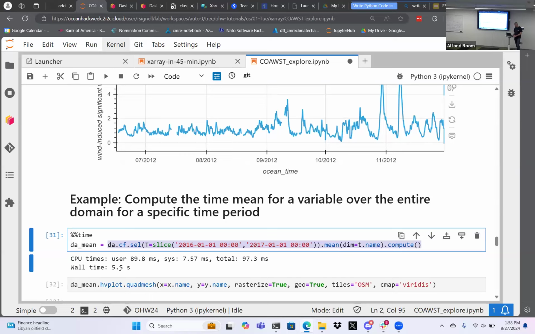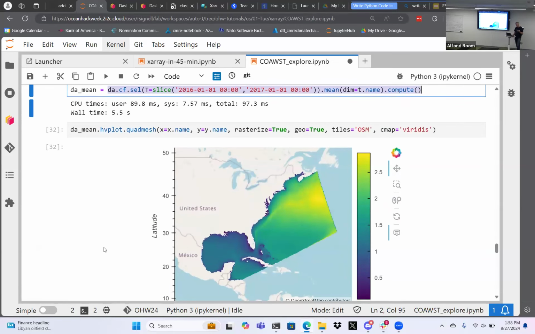It took 5 seconds because all those workers were already spun up. They're all loading data in parallel and then just delivering it back, behind the scenes, to your command here. At the end, we took the mean over an entire year of this wave height